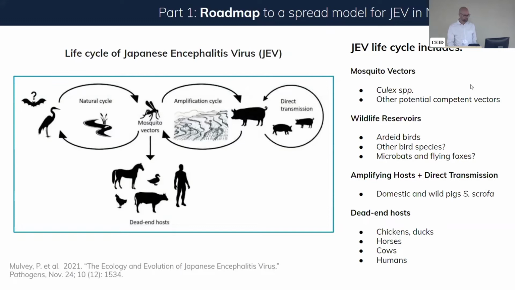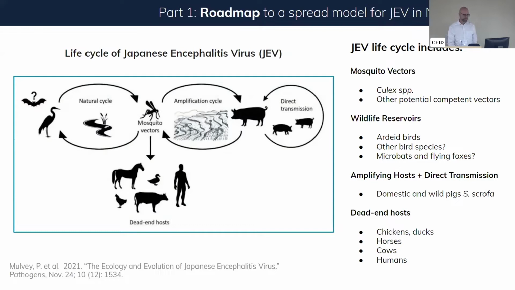So we've already seen something like this, the life cycle of Japanese encephalitis virus. It was interesting to me that when our speakers from Sunport presented on what's known and unknown about JEV in Australia, so many of the unknowns are in fact ecological factors. As an ecologist, I'm not surprised. There's much we don't understand about the ecology of wild animals. And of course, we're changing that ecology all the time as we modify the world that we live in.